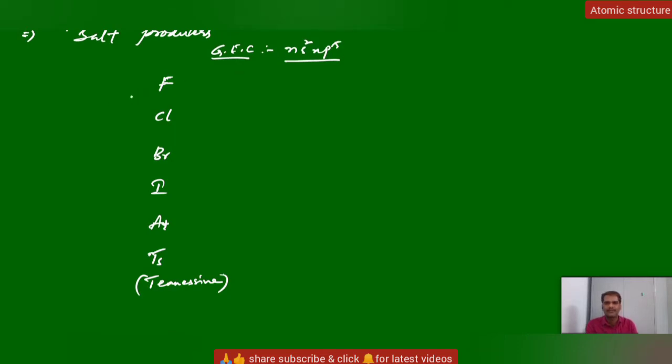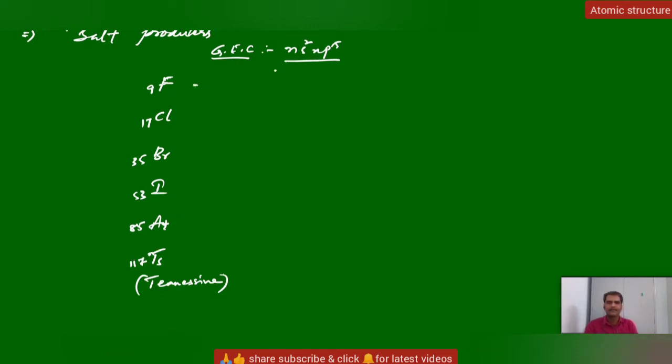You see the atomic numbers. Again you can apply the magic number. If you know the first element, the remaining elements we can identify. Fluorine, atomic number 9. Then if you add 8, you will get 17 for chlorine. Then after that you have to add 18, then bromine 35. Again 18, 53. Then after, 32, 85. Again 32, 117. So these are the atomic numbers.